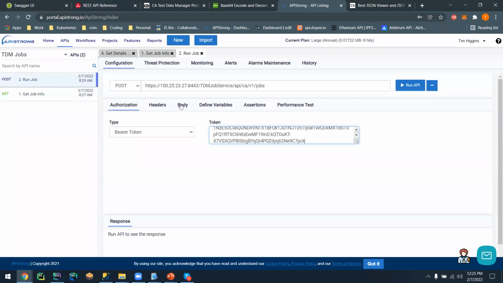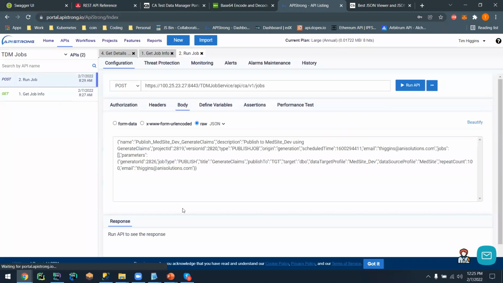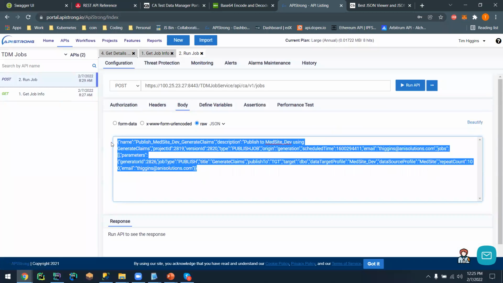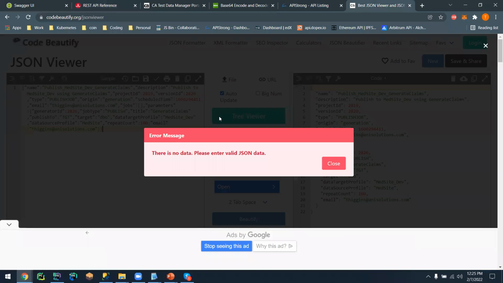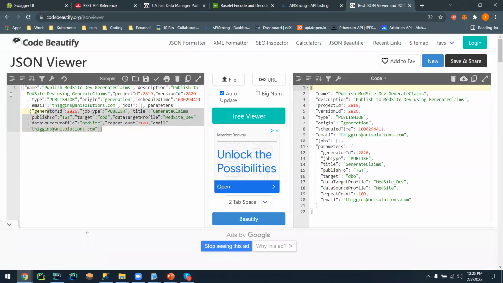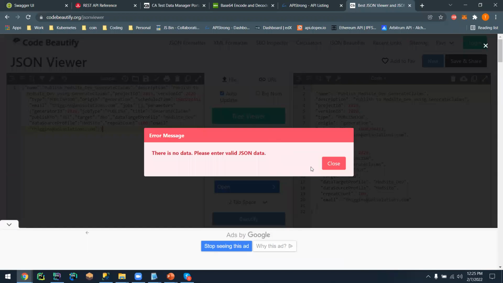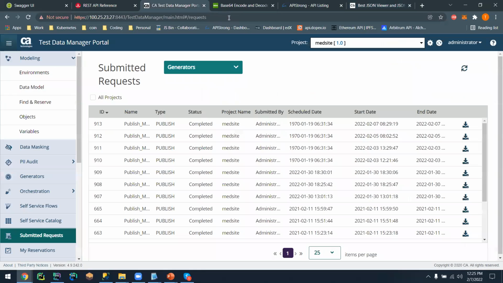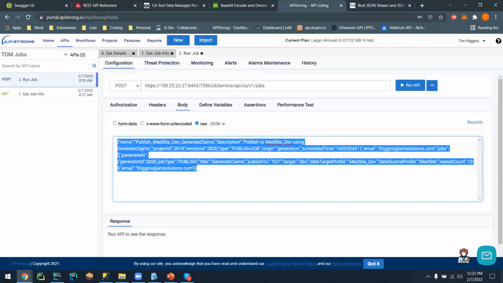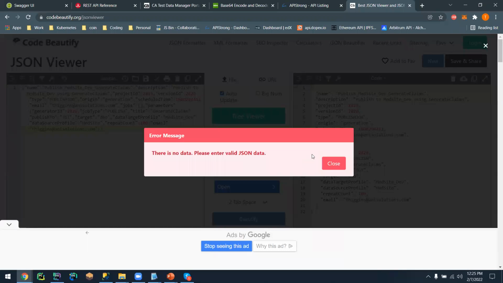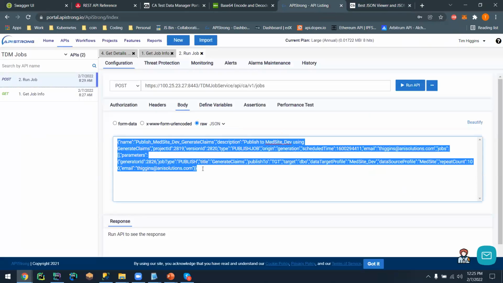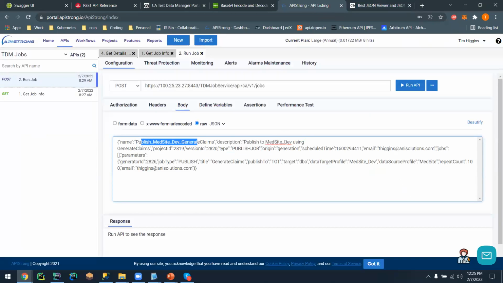So let's pull this up, make sure my token is correct. Now here, we want to do a post to the body, and this is all it needs. So we'll put this over here. Oh, I didn't like whatever I did. Oh, maybe I didn't copy that very well. So let's go back over here and let's do it old school style. Copy. And now let's see if I paste it. Nope, for some reason it doesn't like that JSON, but don't really care because you can see there's a name,